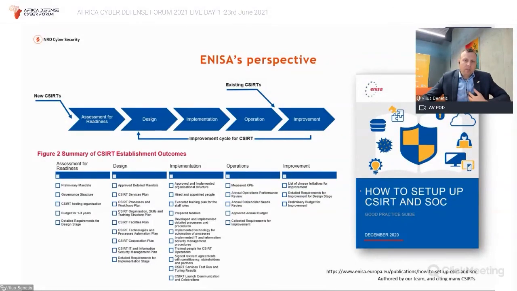The authors are me, myself, and my team, where it shows that you can start by thinking from assessment for readiness, and these are artifacts as objectives for you, what you should have as a consequence of this stage. And then you focus on design, thinking about the services plan. So which services, according to the mandate, what you got, you should work,